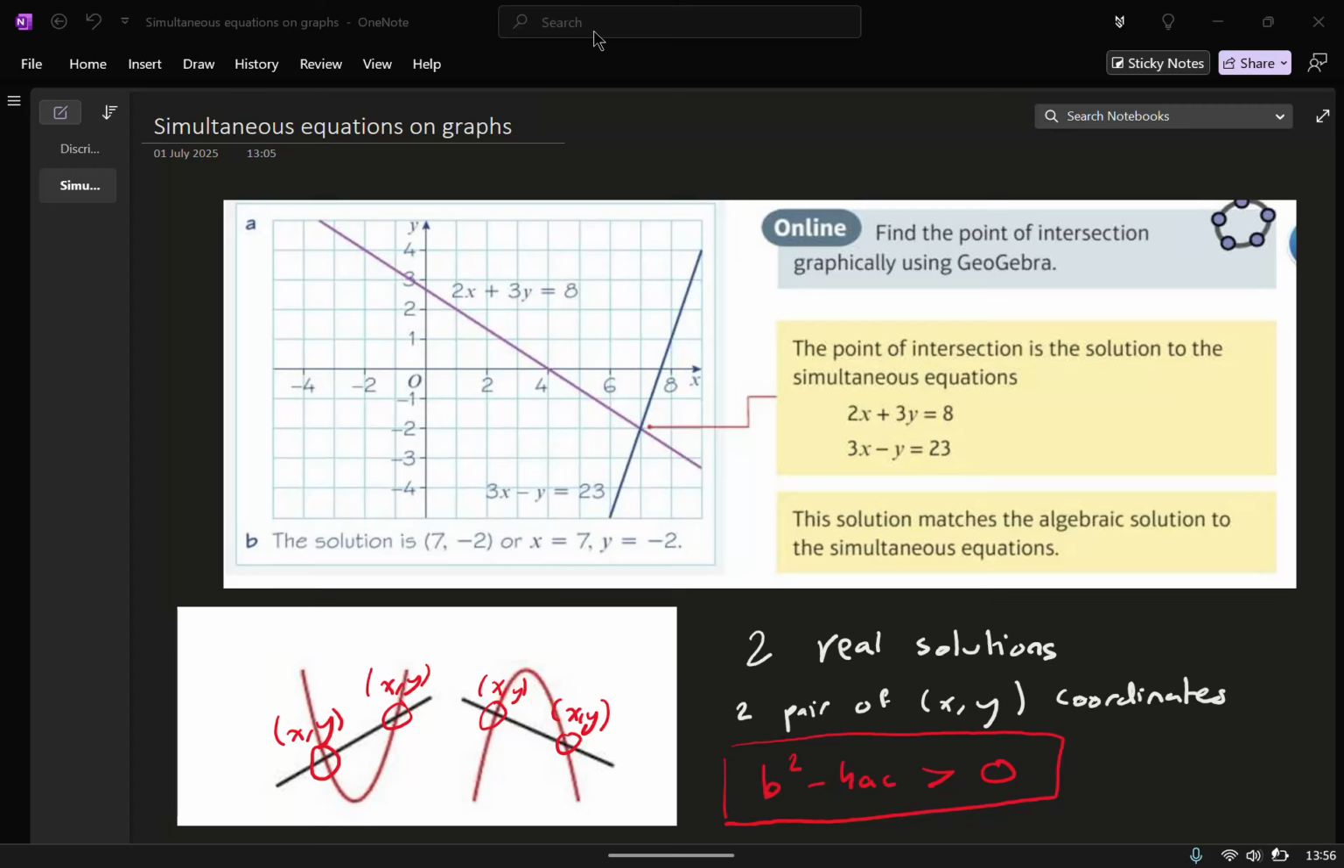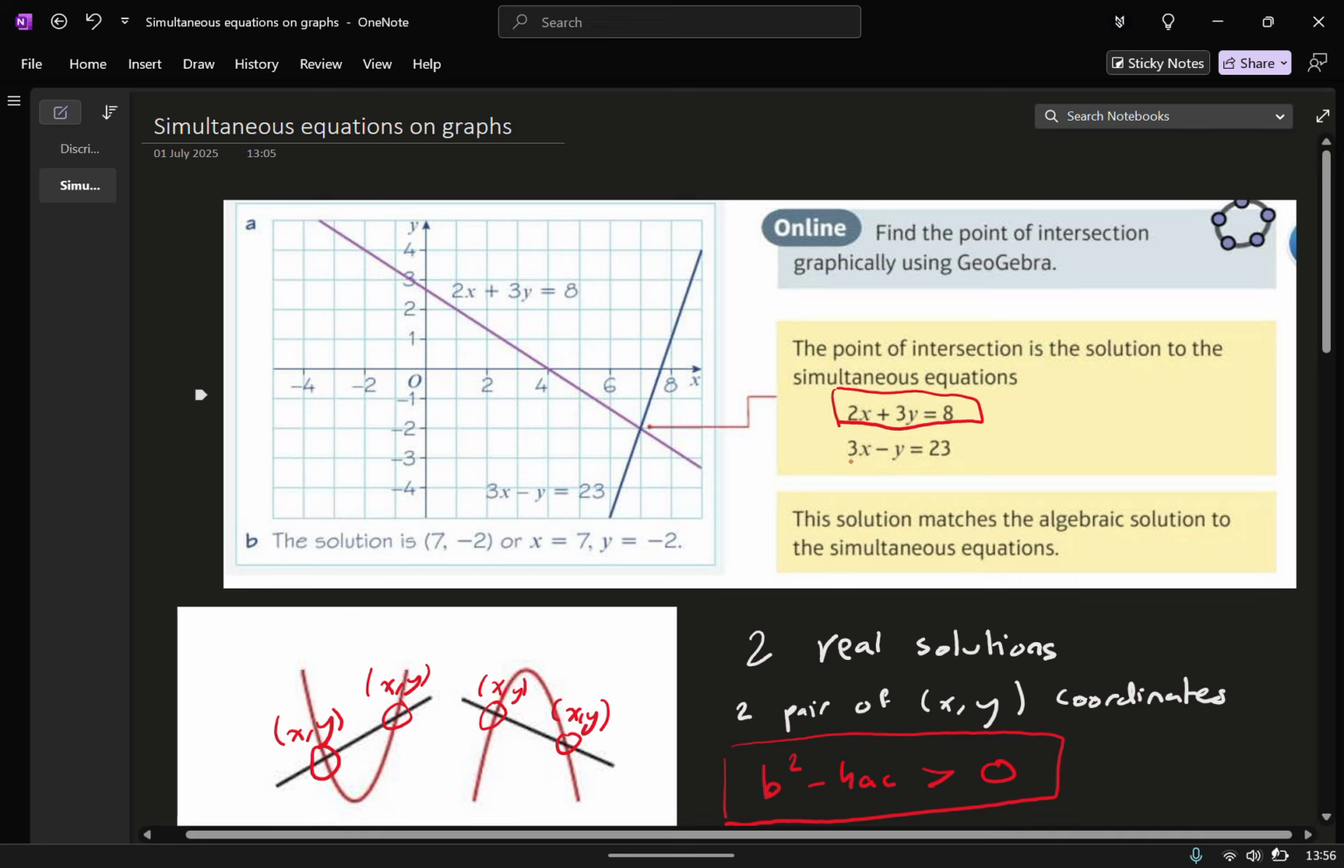We'll be covering the topic simultaneous equations on graphs. So first of all, what we need to understand is whenever we are solving equations simultaneously, what we are doing behind the scenes is basically drawing out the graphs of each equation and then solving for their points of intersection. So for example, in this particular example, we have the equation 2x plus 3y equals 8 and 3x